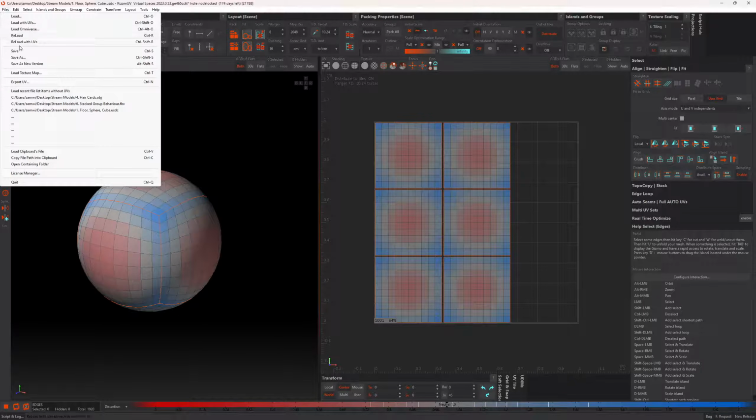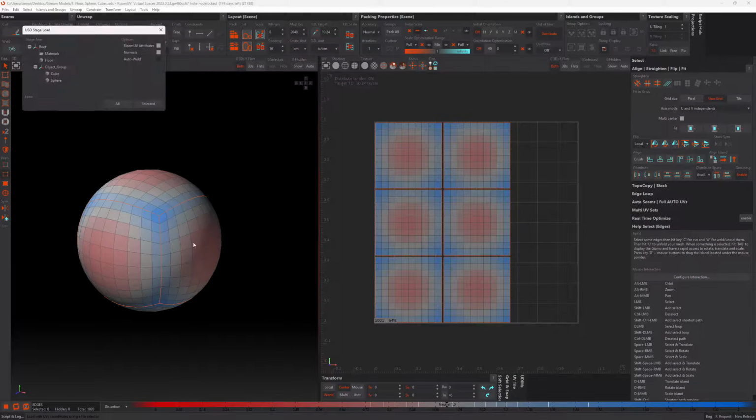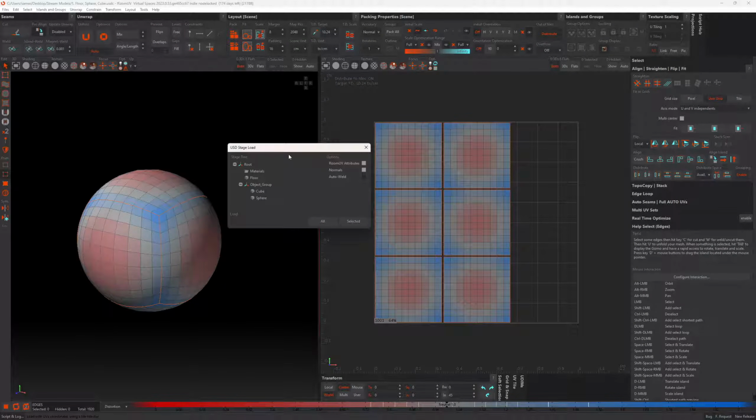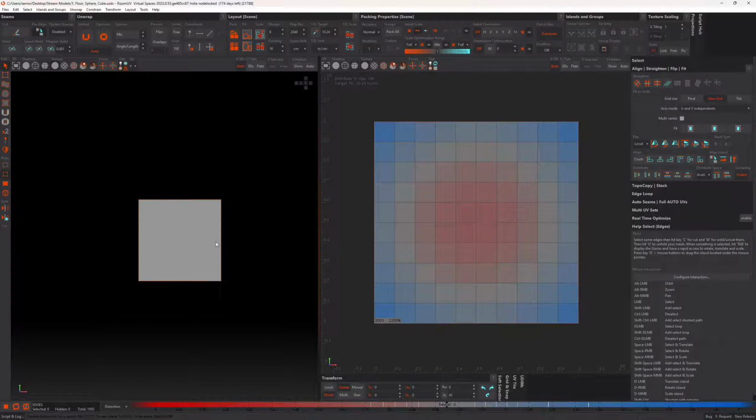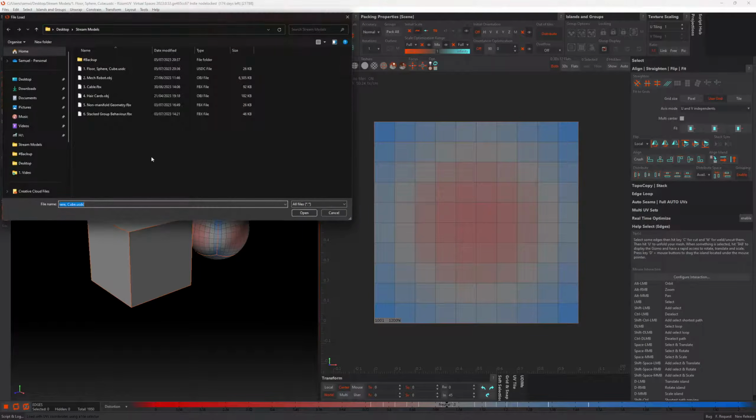You can also load the parent objects, which will automatically bring in its children. So if I was to grab this object group, it will bring all its children along for the ride. So there you see we've got the cube and the sphere because we chose the overriding header. So let's go back,